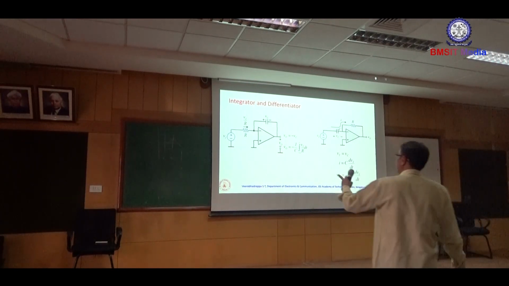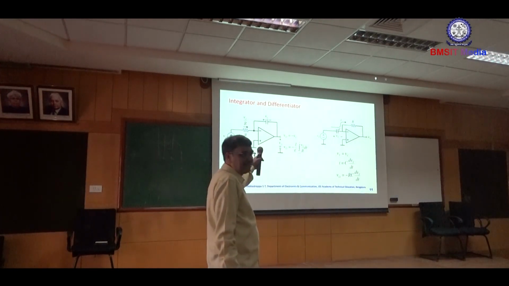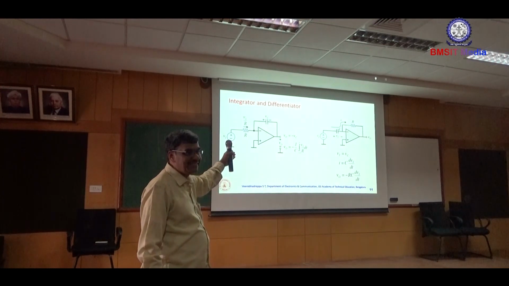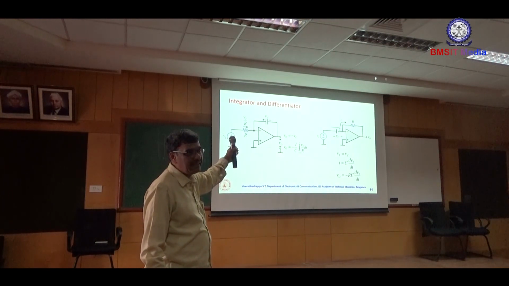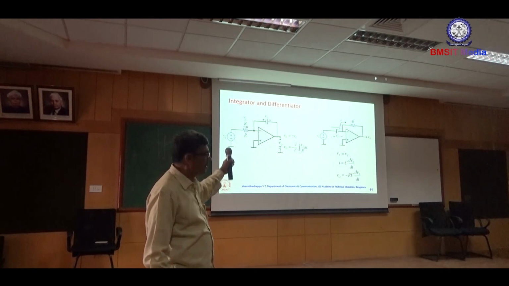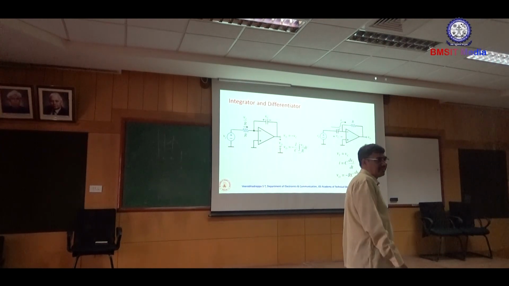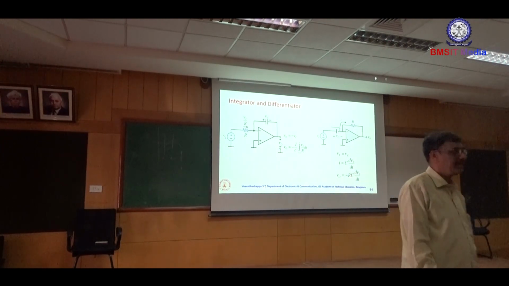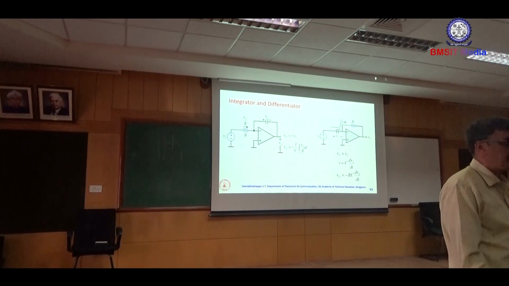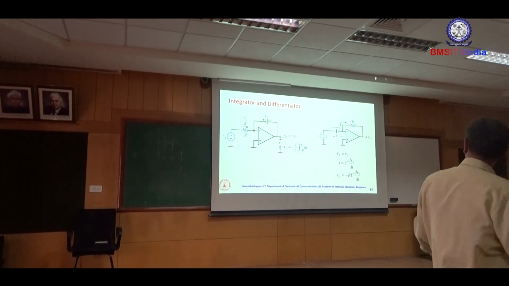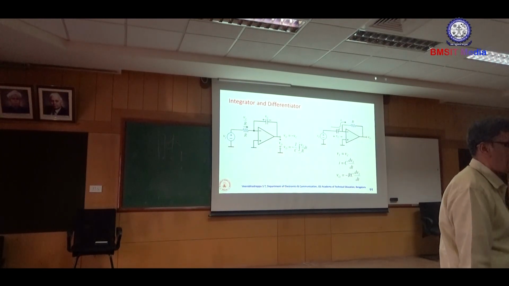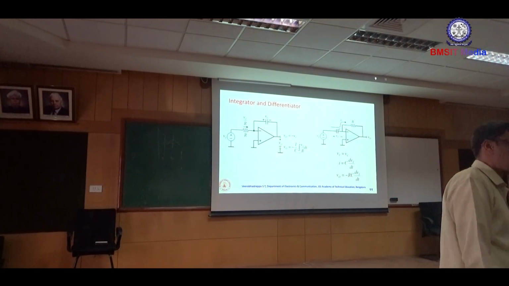Means, in this case, when you are applying a triangular wave, what exactly are you going to get? The t square. T square is nothing but an example of a parabola or exponential signal. And similarly, in the case of a differentiator, for a sinusoidal signal, the differential of sine is nothing but a cos. There is a phase shift. And whatever the square wave is applied, triangle wave is applied. When a square wave is applied,